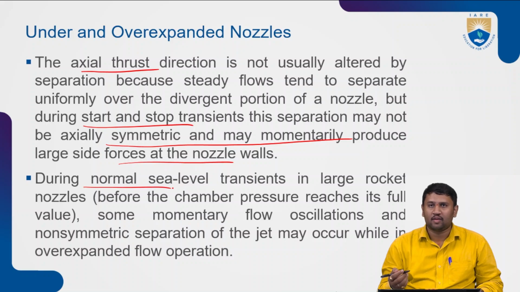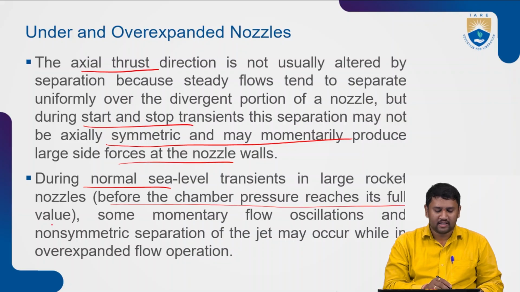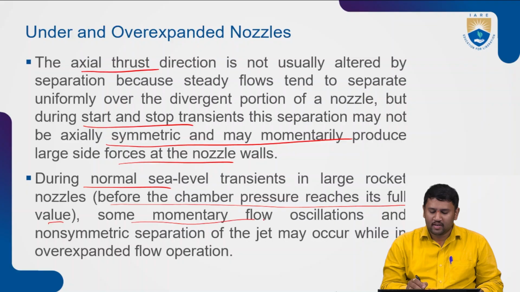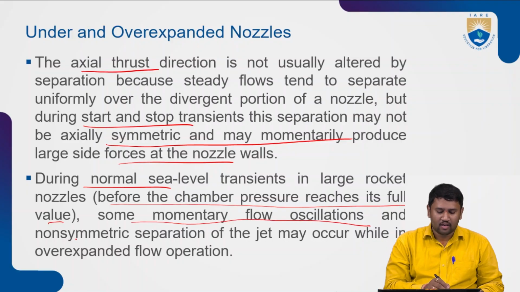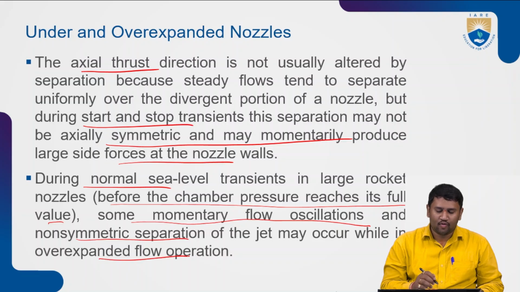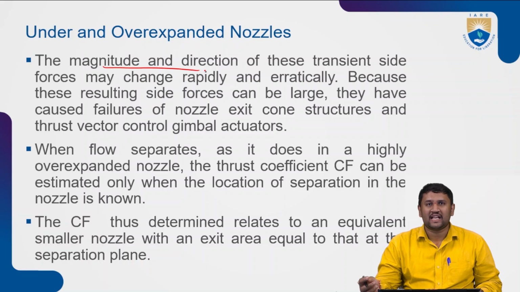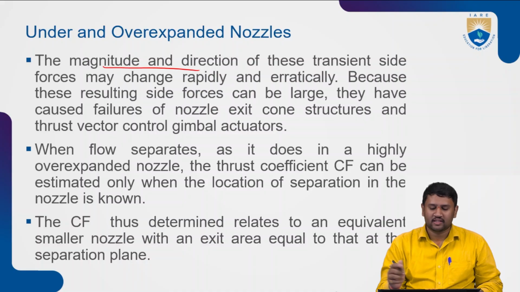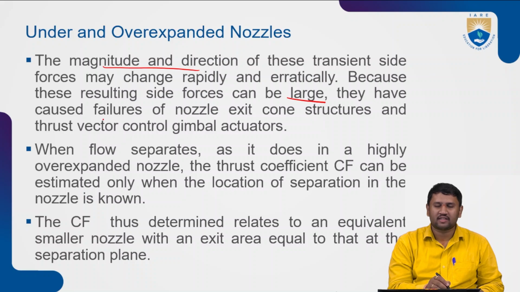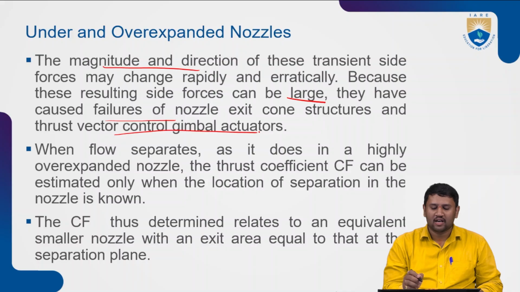During the normal sea level transient, particularly in large rocket nozzles, before the chamber pressure reaches its full value, some momentary flow oscillations and non-symmetric separations of the jet flow may occur in overexpanded flow operations. The magnitude and direction of these transient forces may change rapidly as well as erratically, and these